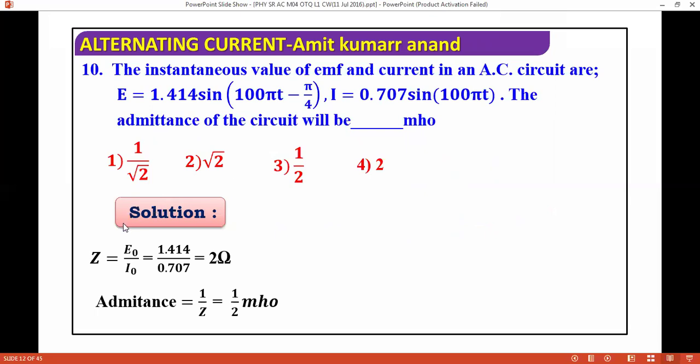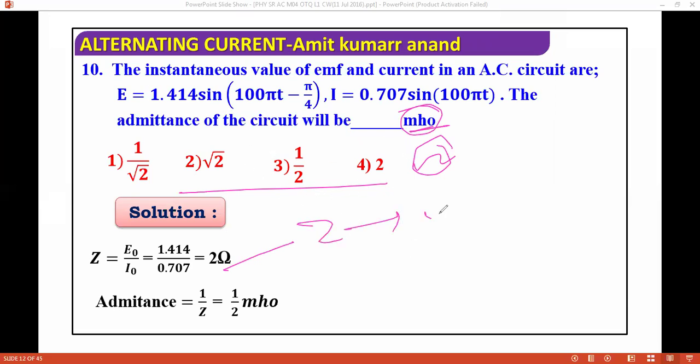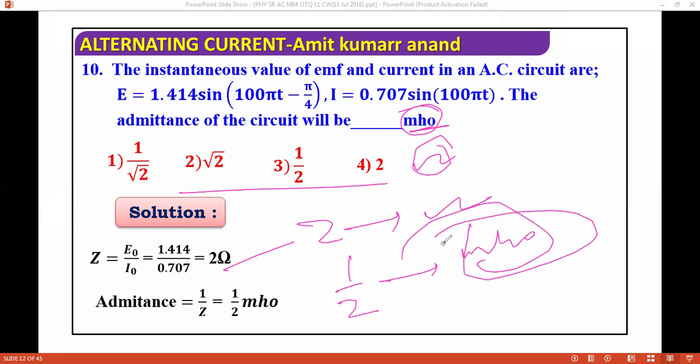One more concept we can add over here. Z is this, no issue in it. But if you see the unit carefully, the unit ohm is not given. The unit is mho. So from the unit we can play over here. You can keep it directly in your brain that if you calculate Z, the unit is ohm. If I calculate 1 by Z, that is mho. You also know this from junior classes.